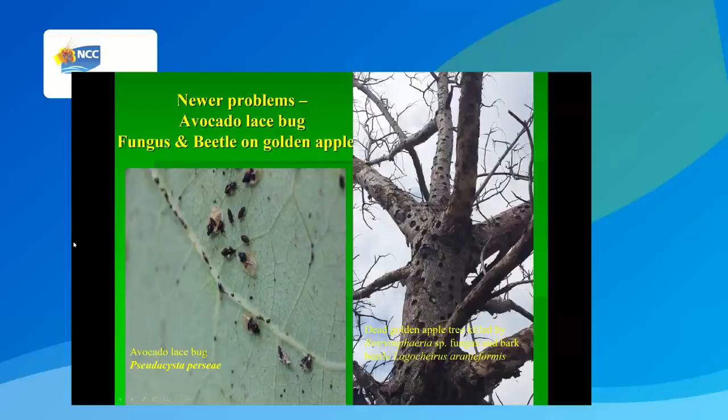Okay? So it can be a problem. Another big problem that we had over the past few years is the death of hundreds of our golden apple trees. And you see a dead one here with big holes in it. Now that's primarily caused by